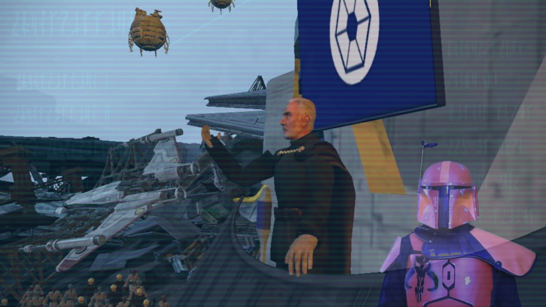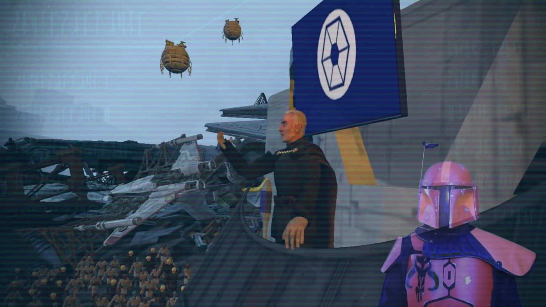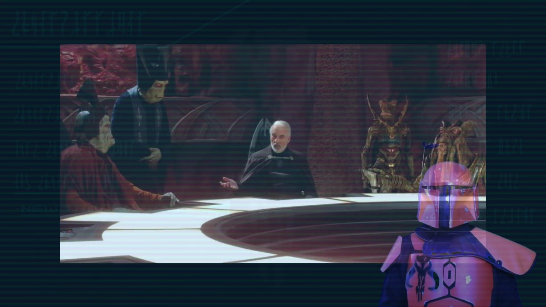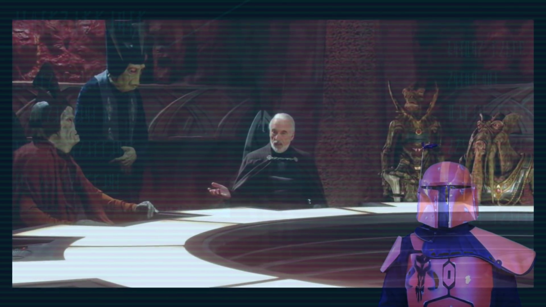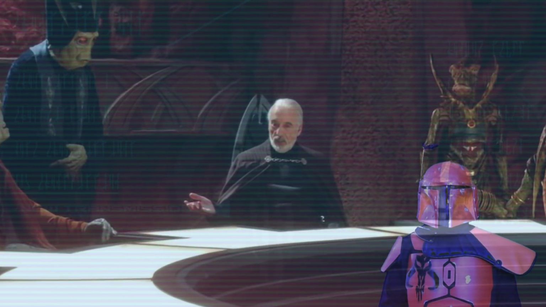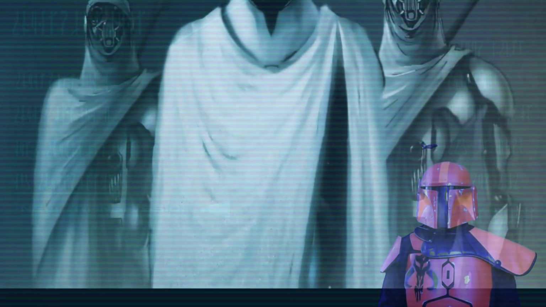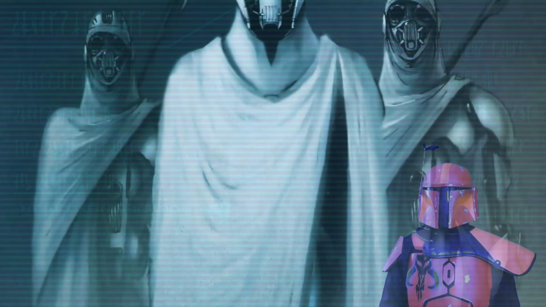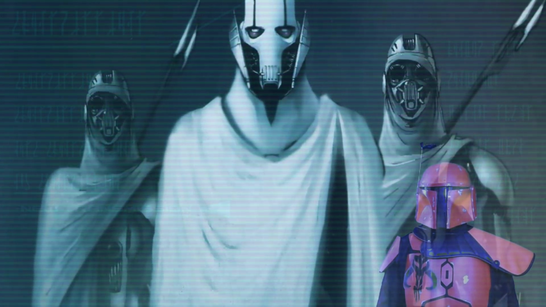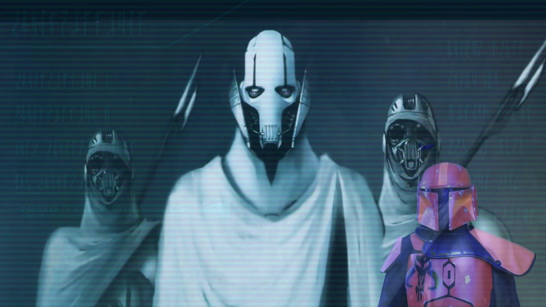In 24 BBY, former Jedi Master and member of the infamous Lost 20, Count Dooku, founded the Confederacy of Independent Systems, and 2 years later, the Trade Federation joined up, signing over their military forces to the CIS. Reluctantly, Gunray gave up the Invisible Hand at the request of the new Supreme Commander of the CIS military, a Kaleesh cyborg named General Grievous, who then made extensive modifications to the warship, including an expanded hangar bay and a